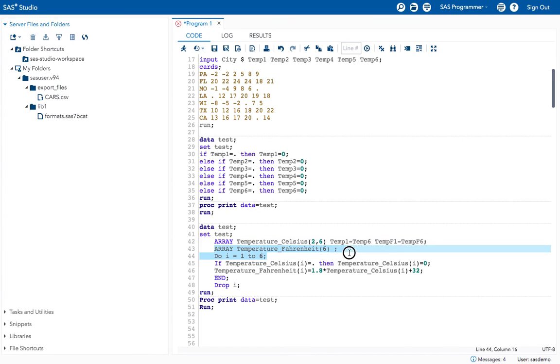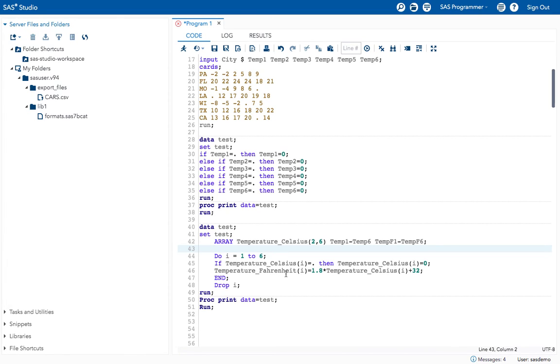I'm taking this array step, and this do I equal to 1 to 6 stays like that. If temperature I equal to dot, then temperature I equal to 0, this was assigned earlier. That stays the same.